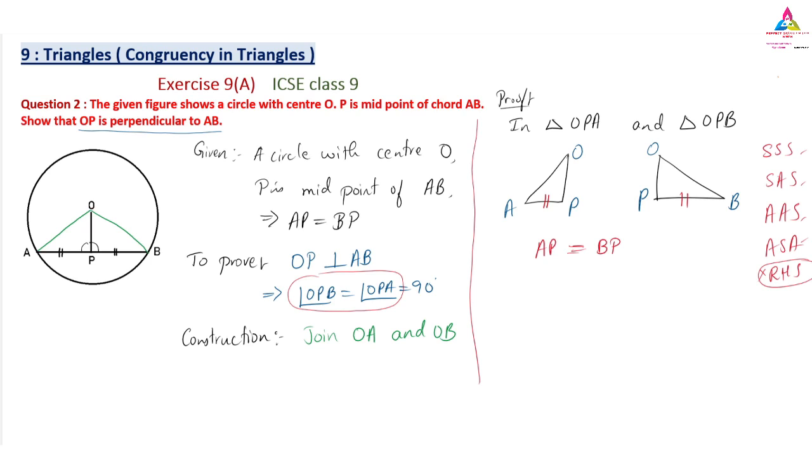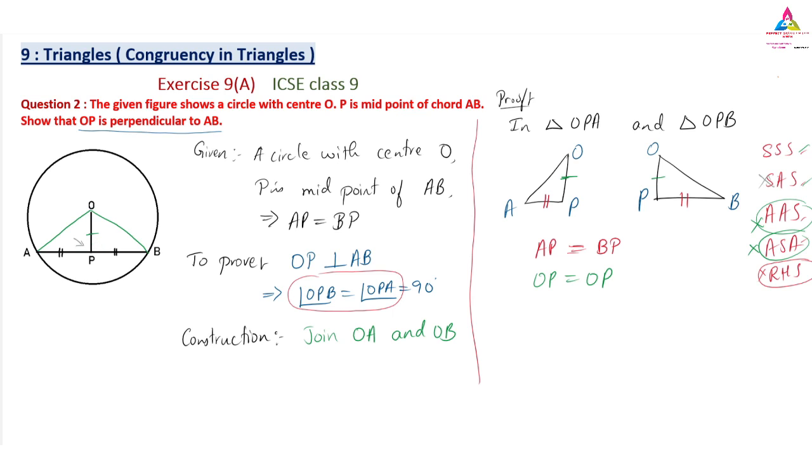Again, what is equal? If you see clearly, OP is common, both are having OP in common, so OP is equal to OP. So that is two sides taken now. Only one side is not possible. So it may be SAS or SSS. For SAS we need the in-between angle, but that in-between angle P we can't take because that is only what we have to prove. So this is also not possible, so a third side is required now.